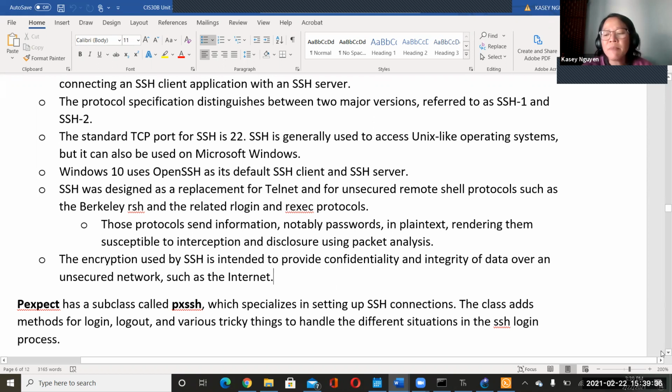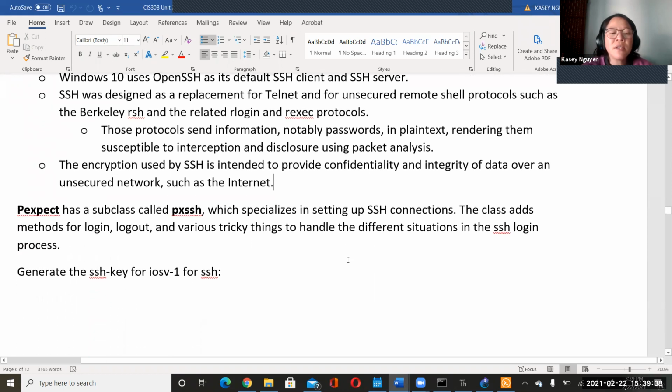So in Pexpect, you would use pxssh, which is a subclass. If you import that in, you can import the methods from Pexpect for SSH only. Methods for login, logout, stuff like that with SSH.